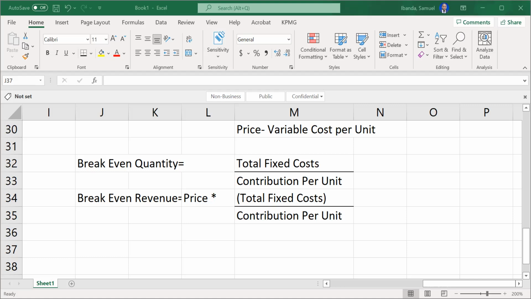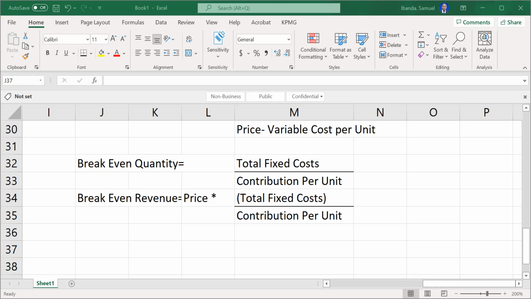That is why when calculating contribution, we look at total revenue and total variable costs. For example, if it's a bottle of water, and we have spent 900 as our variable cost,